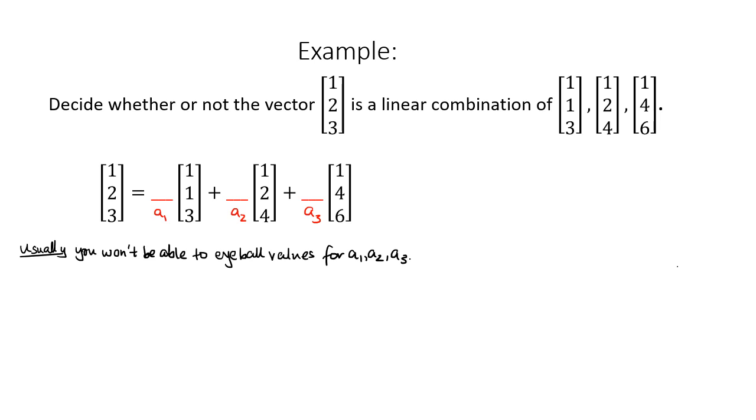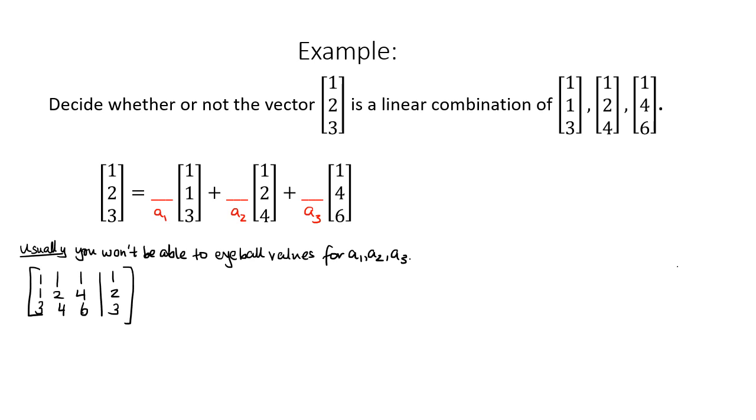What we need to do is put it into an augmented matrix and row reduce and see whether or not we have solutions. This row reduction will also tell you what those solutions are. Okay, so we're going to put these vectors into a matrix, and we augment with the vector that we're trying to decide whether or not it's a linear combination of the